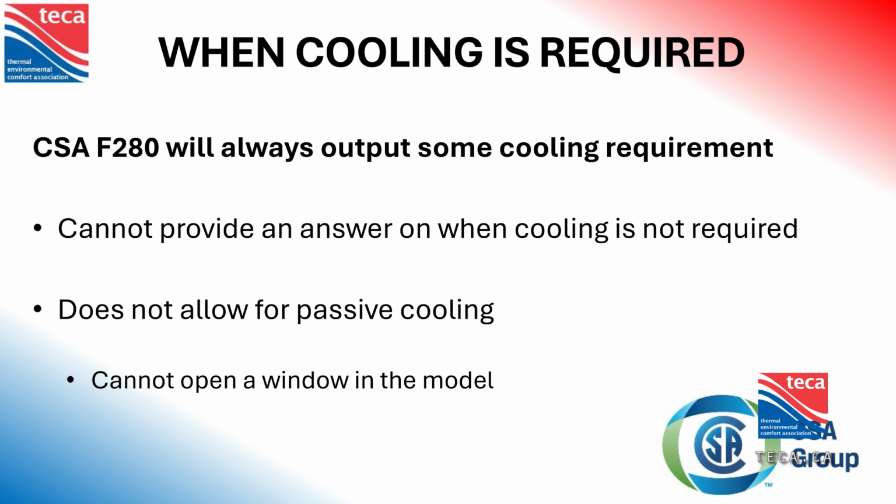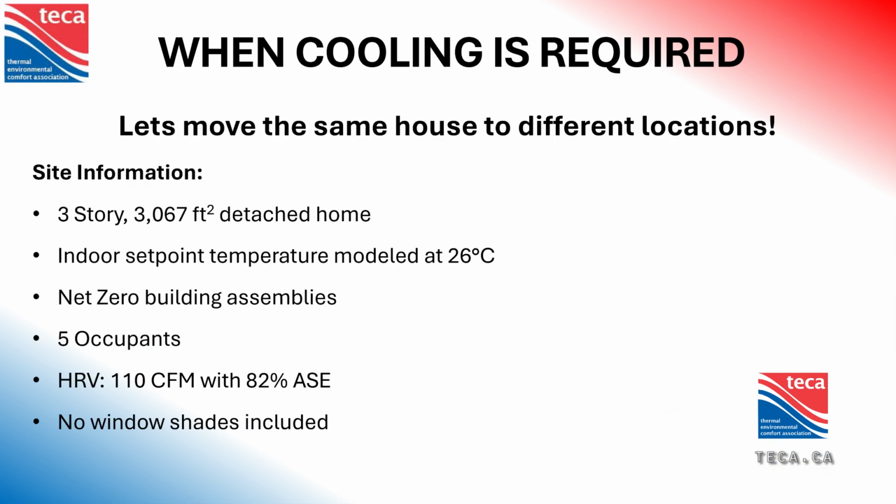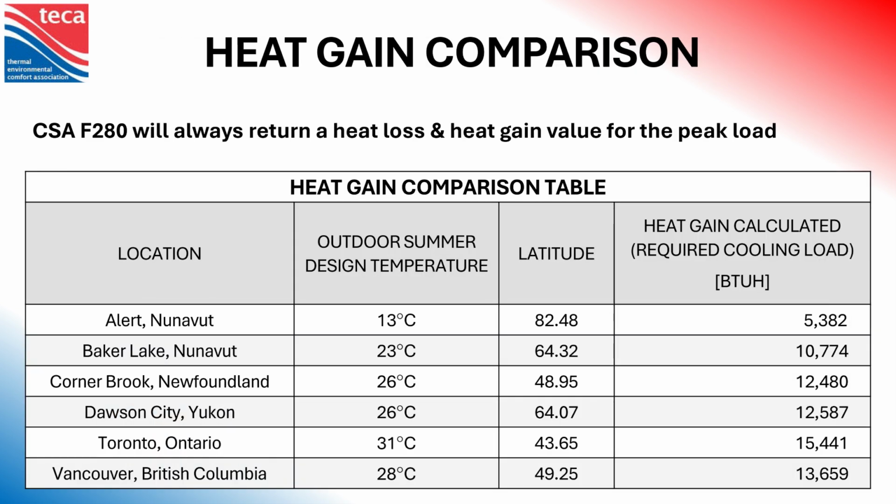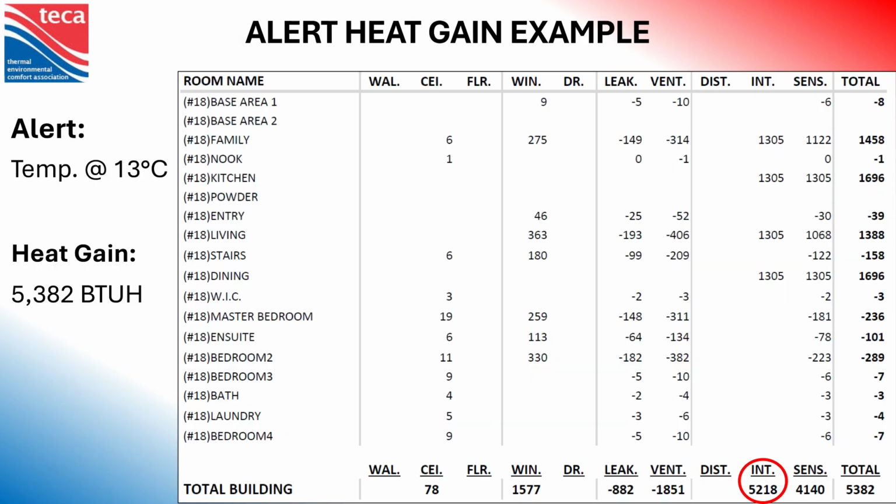So let's take the same house and let's move it to some other locations. And the one I really want to highlight here is Alert in Nunavut. And the summer design temperature in Alert is 13 degrees. But we're still getting a heat gain of 5,382 BTUs. So when you look at the breakdown in Alert,